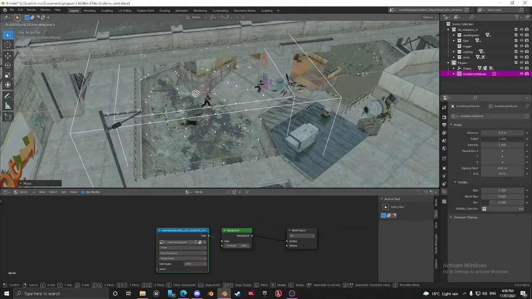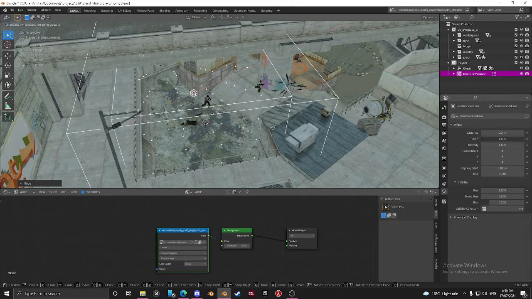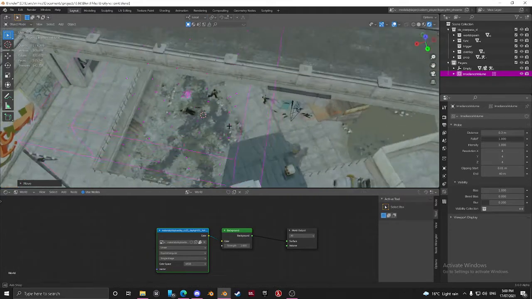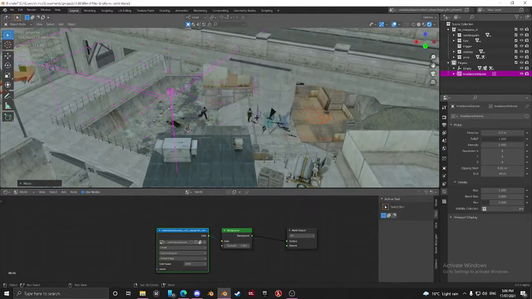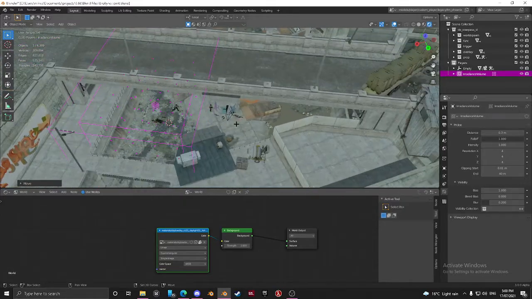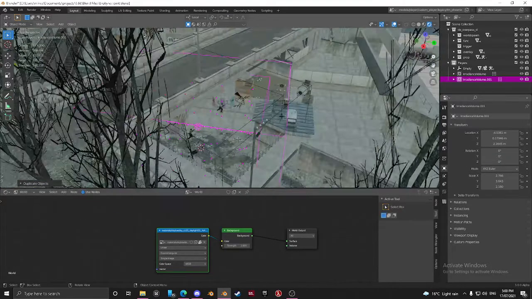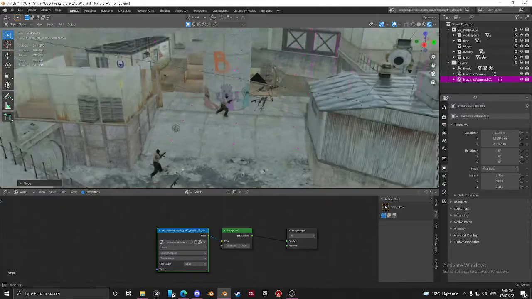I'm just pressing X twice to move it on the global axis, otherwise it goes on the, I mean the other way around, the local, so we can also just change that and then it will do it. Those are nice. I'm going to duplicate this, change the Z rotation,